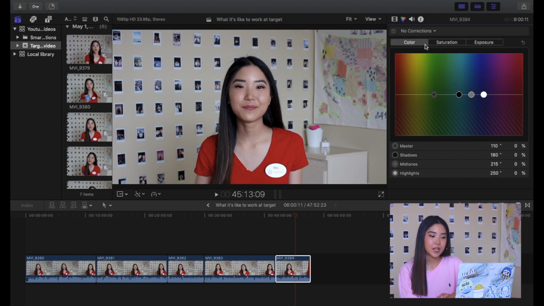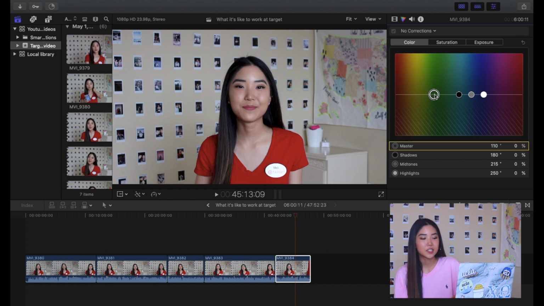First I'll go to the color section, and as you can see there's the master toolbar, there's shadows, midtones, and highlights. So master will adjust all three of those, and the other ones like shadows, midtones, highlights will adjust the specific parts of the colors that you want to fix. I'll first start out by adjusting the master, and typically videos will turn out pretty yellow, so you want to